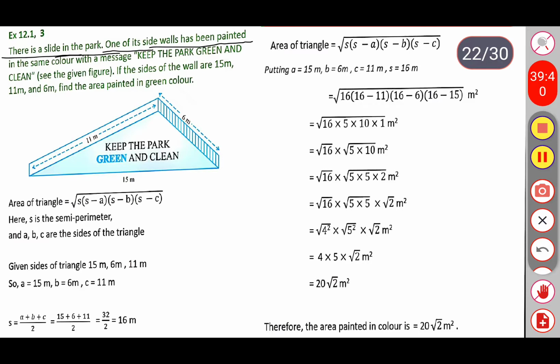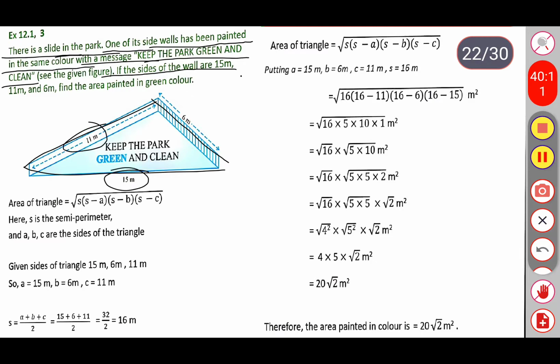One of its side walls has been painted in the same color with the message, keep the park green and clean. So this is the triangular shape which is fixed in the park. On that they wrote one statement, that is, keep the park green and clean. If the sides of the wall are 15 meter, 15 meter, 11 meter and 6 meter, find the area painted